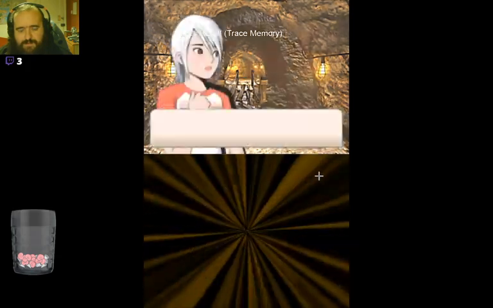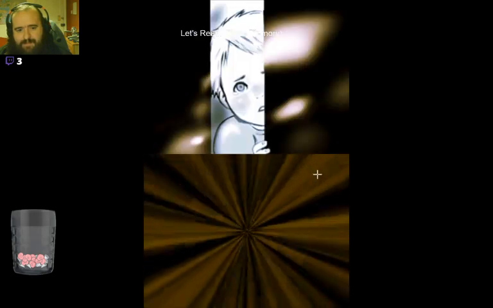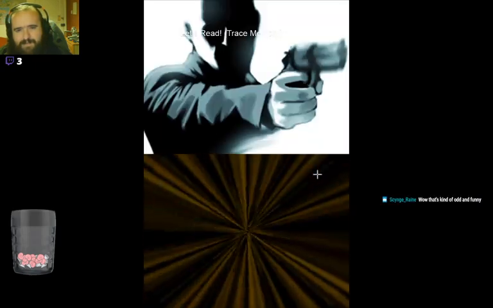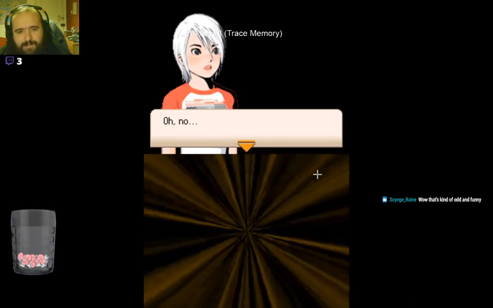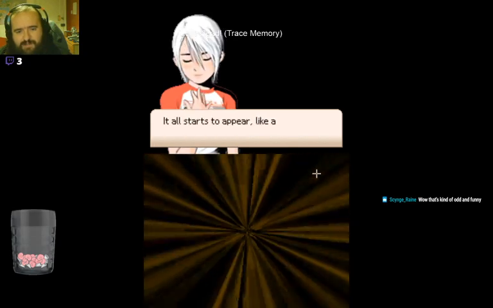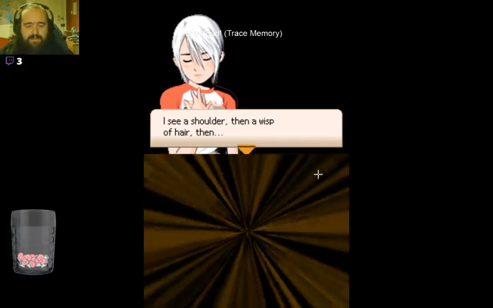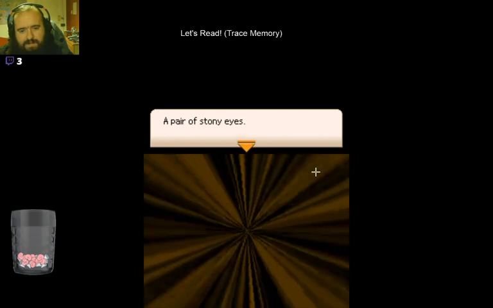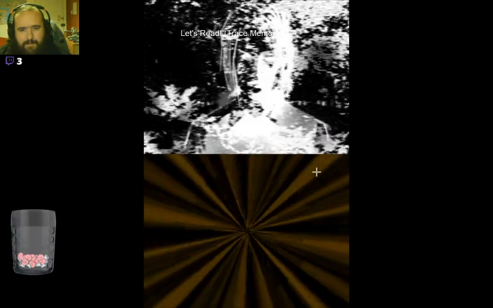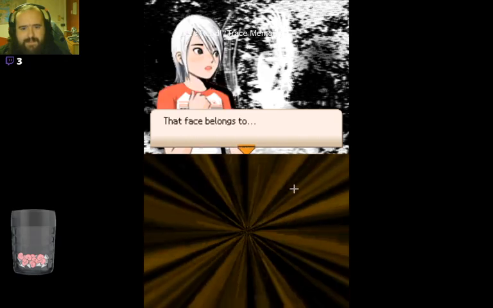Then, what did you do? I peeked out of the closet. And what did you see? I can't remember. No, it's coming back. I saw the face of the person who killed my mother. It was Arnold Schwarzenegger. No. All of a sudden, what I saw from the inside of the closet starts to appear like a photograph. I see a shoulder and whispy hair. Then a pair of stony eyes. Close my eyes to sharpen the image in my mind. I knew it! Hey, that face belongs to...